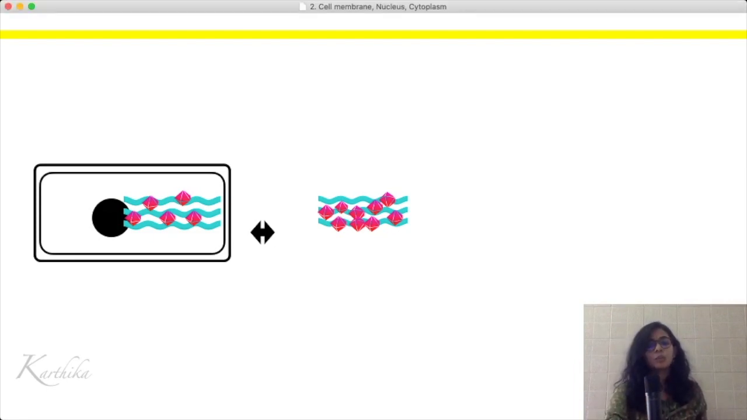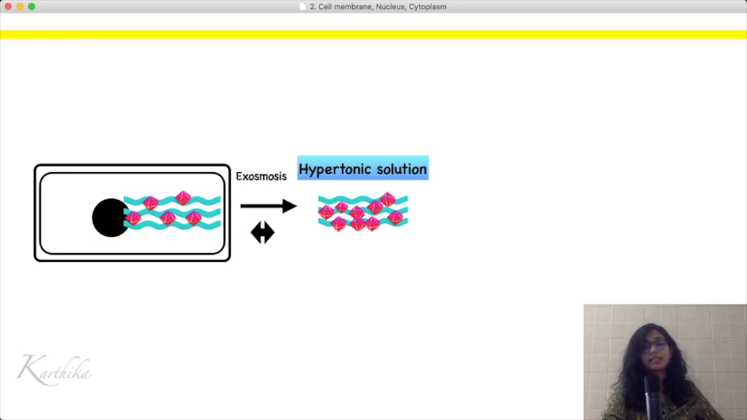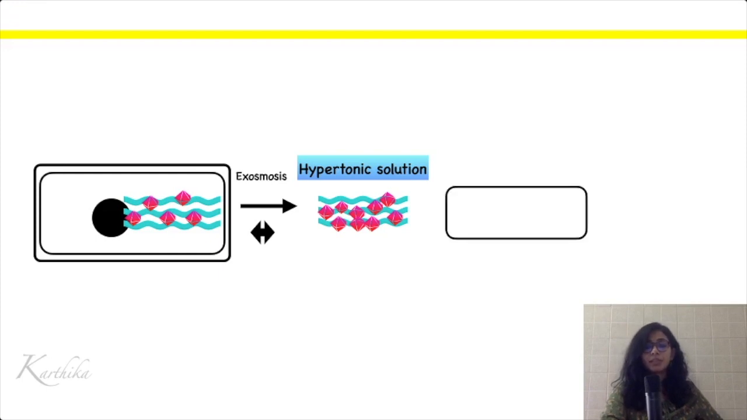Obviously, more water will flow from an area where it is more to an area where it is less. What happens is exosmosis. Exo always means outside. So exosmosis happens. That means water flows from more water. Water flows in both directions, but more water will flow outside the cell. So in such a situation, when a cell is put for a long time inside a hypertonic solution, what happens